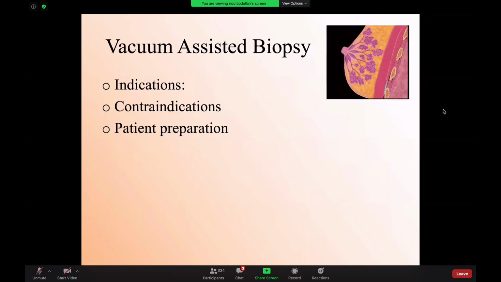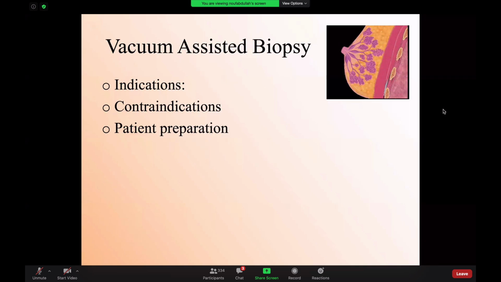What is a vacuum-assisted biopsy? For the R4 preparing for the exam, you have to know the indication for vacuum-assisted biopsy. The commonest indication for vacuum-assisted biopsy is if you have a complex cystic lesion. If you have a complex cystic lesion, I don't do a core biopsy. I do a vacuum-assisted biopsy. The idea is you want to take as much as you can and remove that complex cystic lesion. You can use it as well in cases where you've done a core biopsy of a lesion and the biopsy result is discordant with the finding that you've seen.